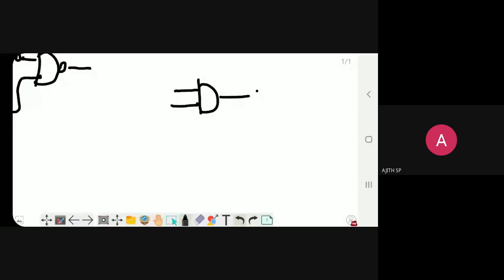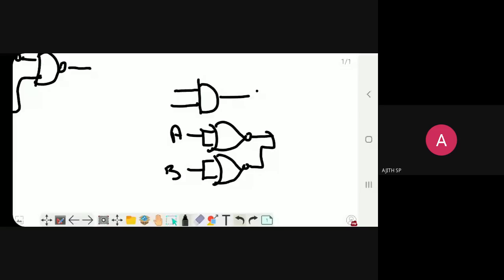Okay. I'm just reminding you. By using NOR, before giving the input to the NOR gate, we want to complement it, and then finally you want to give a NOR gate. So this is A dot B. So this is nothing but the NOR implementation for an AND gate. Okay. I'm just going to replace the same in the place of the AND gate.